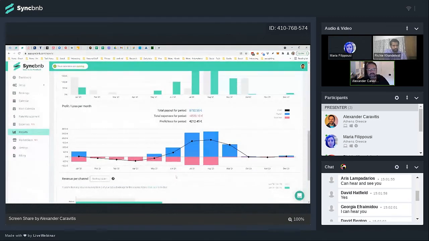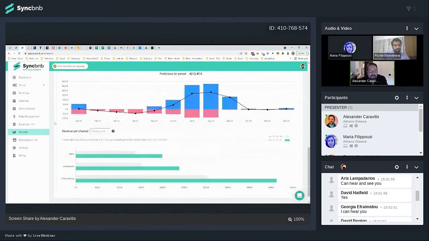And this shows you each month how much money you're earning, which is the first number, the blue one, and how much money you are spending. So now you know how much money you are profiting or losing. So the black line with the black diamonds, this is your actual profit or loss. So when it's below the zero line, it's a loss, and when it's above, it's a profit. So it's very important to know if you're making money or losing money from every property and how much, because that will allow you to grow better.